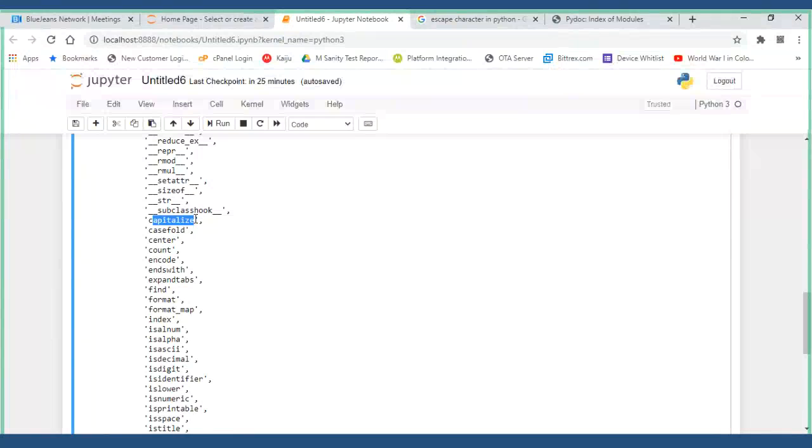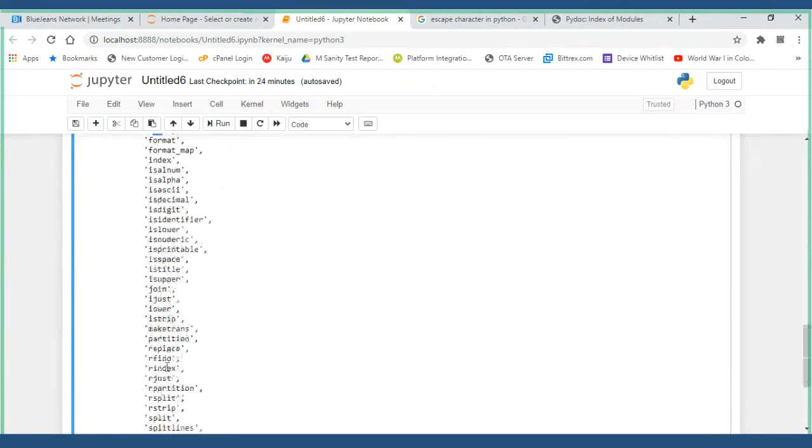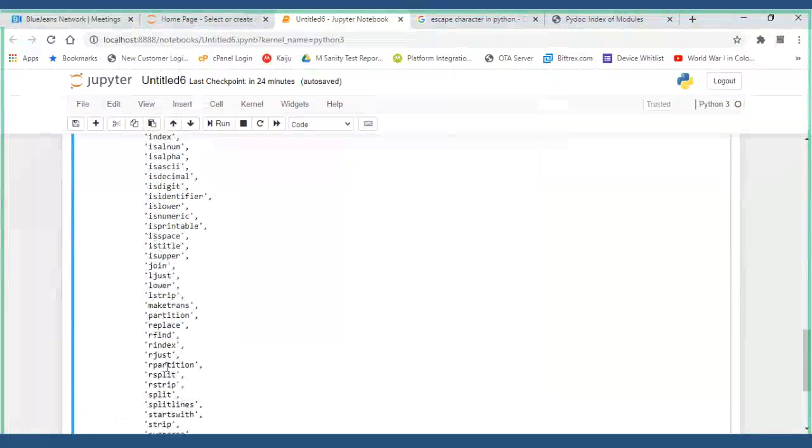In a string, you can use functions like capitalizing, case folding, counting how many letters are there, and searching for things like when it is starting with or ending with. If you want to find a part of the string, we'll come to know about these when we are writing programs more deeply. So all these things we'll do.